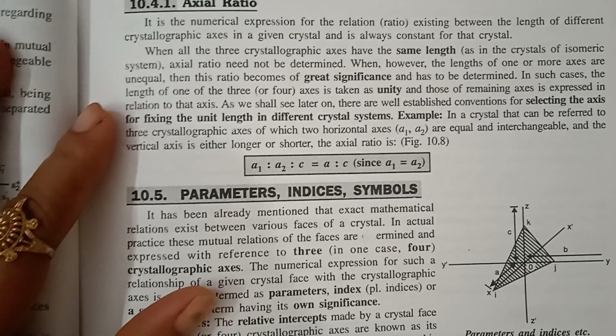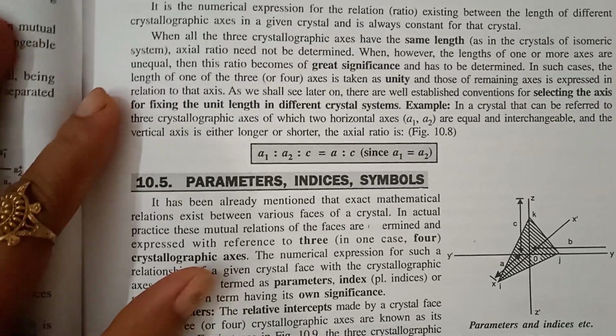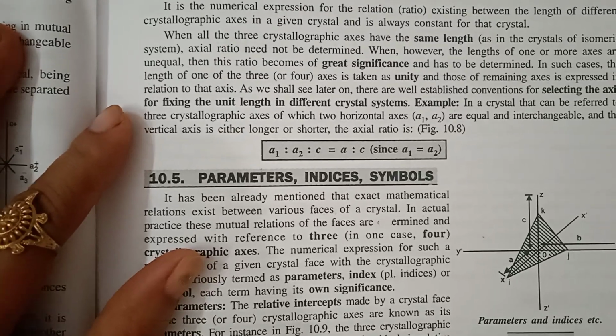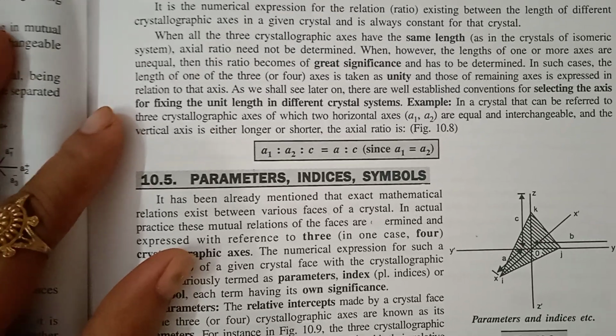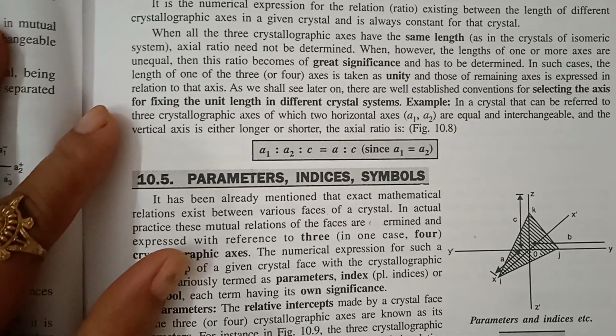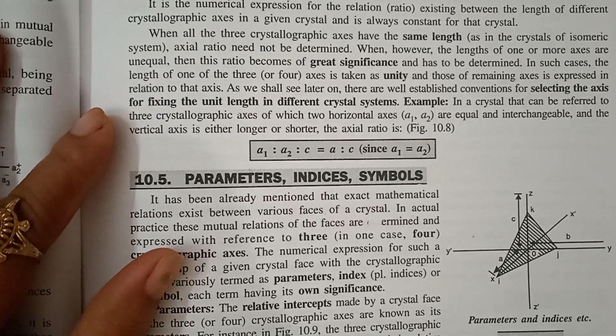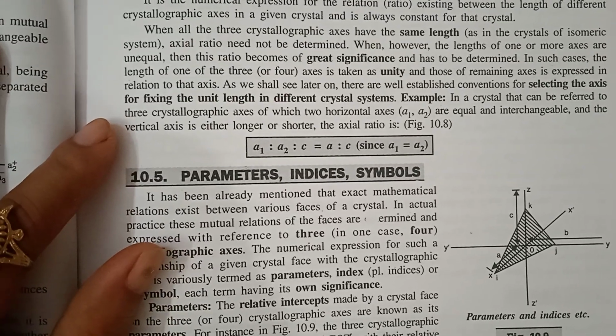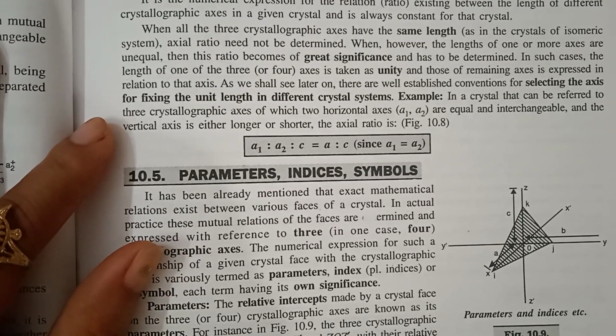In such cases, the length of one of the three or four axes is taken as unity, and those of the remaining axes are expressed in relation to that axis as a value. See later on. There are well established conventions for selecting the axis for fixing the unit length in different crystal